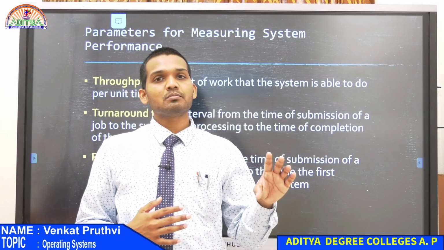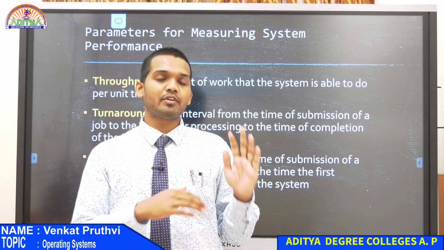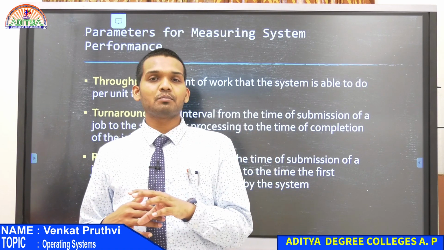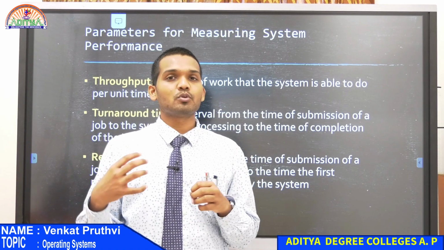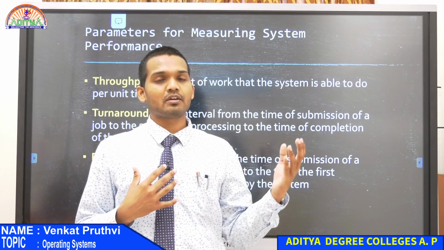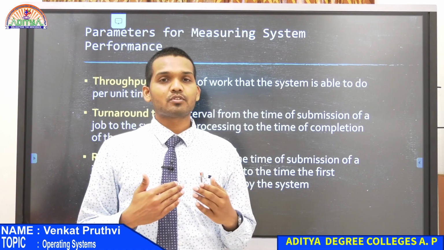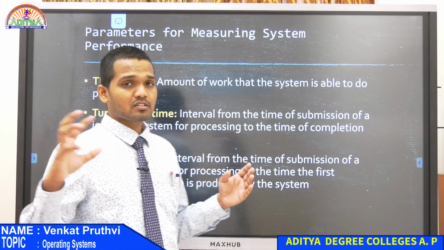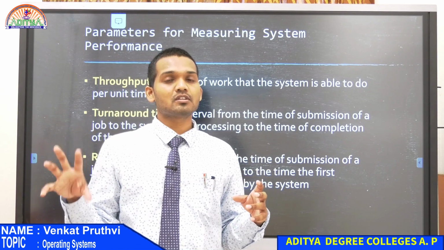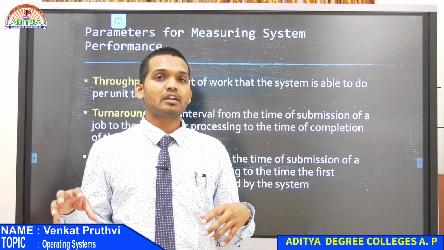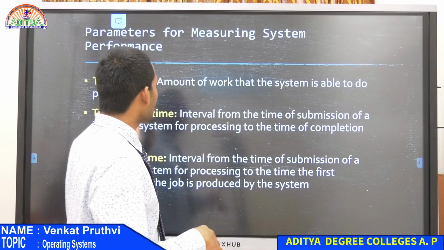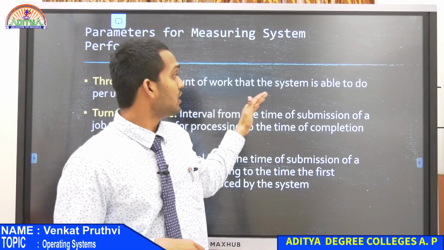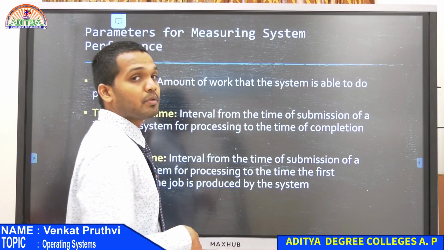So, the first system might only be able to complete 50% of the task, the second one 30%, and the third one 90%. Which system is more efficient in terms of throughput? System C has the highest efficiency, as it is able to do 90% of the task in the first 1 minute. That is how you calculate throughput: the amount of work that the system is able to do per unit time.